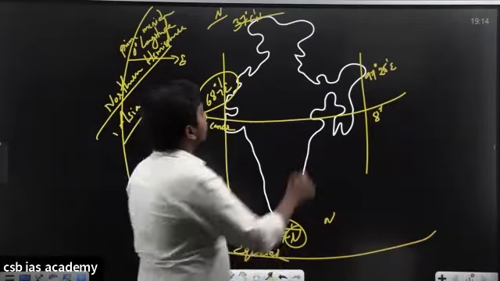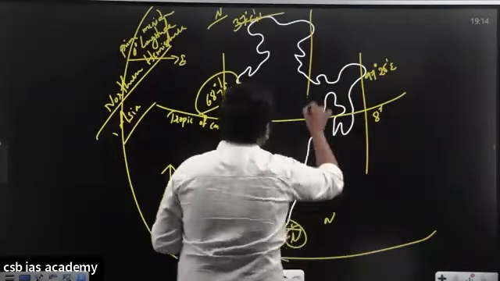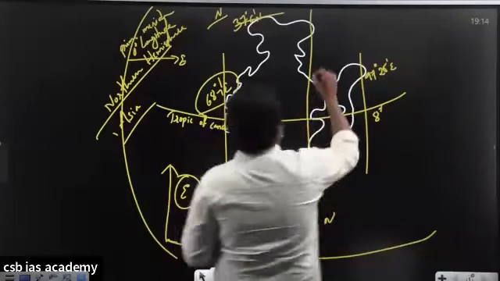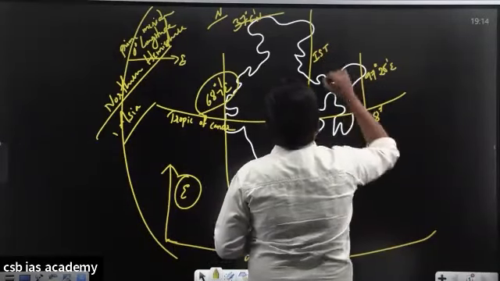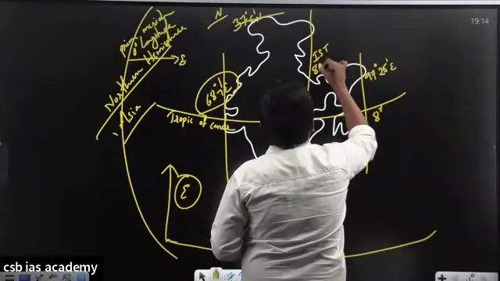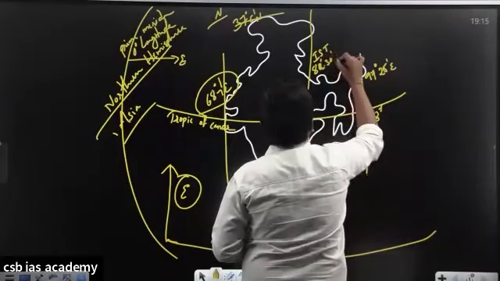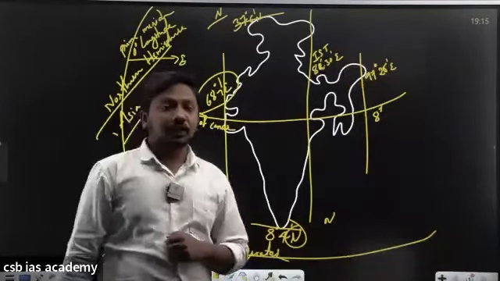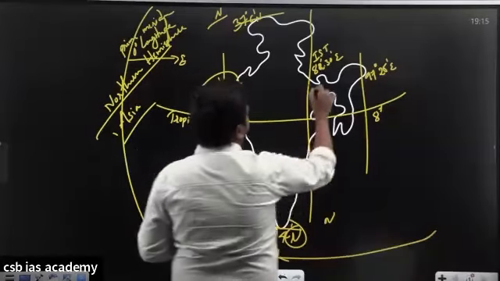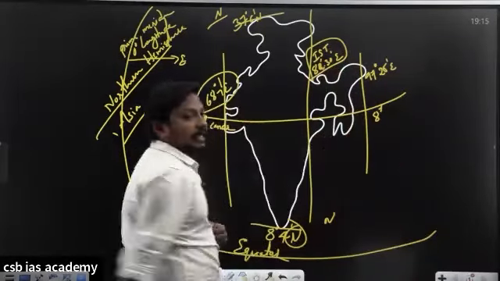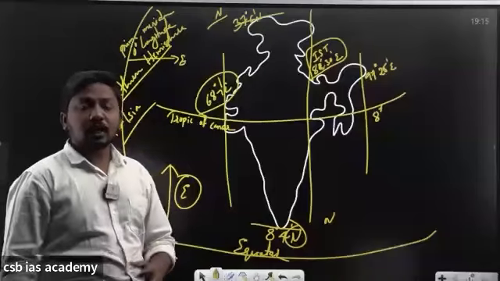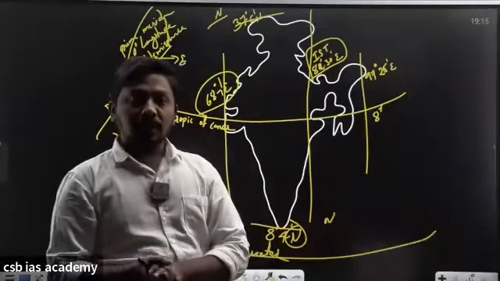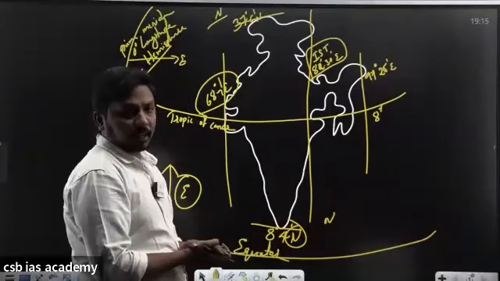And not only that, there is another important longitude which is passing through our country. We have taken this as IST, Indian Standard Time, that is 82.5 degrees east longitude. So we have taken this 82.5 degrees east longitude as the Indian Standard Time, right? So based on this longitude, the time in India is followed. Yes, of course, there is a difference of time.